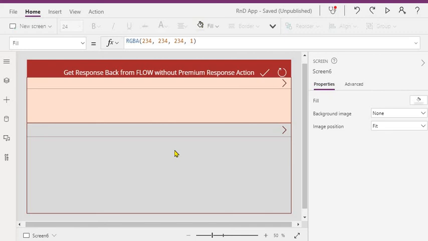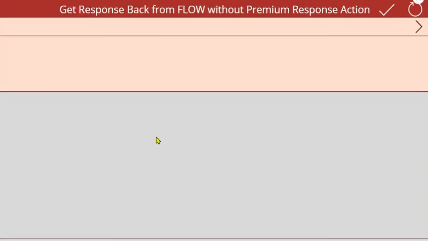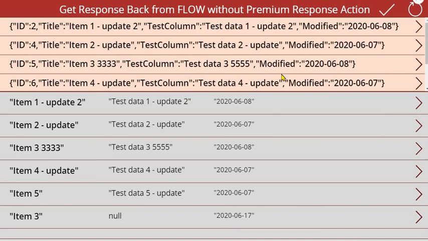So this is our demo app, and let me just run this. We will first look at the preview of it, and then we will see the details. I'll just click on this, which will pull the data from the flow, and I have two galleries here. This is pulling the data from the SharePoint list.